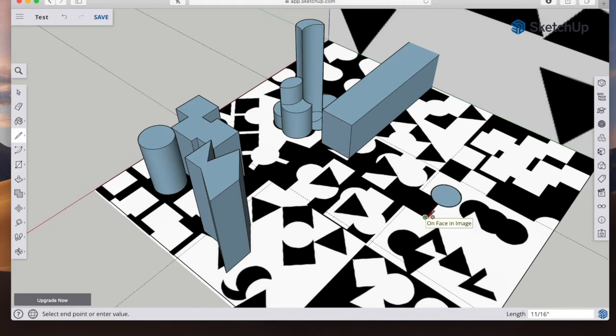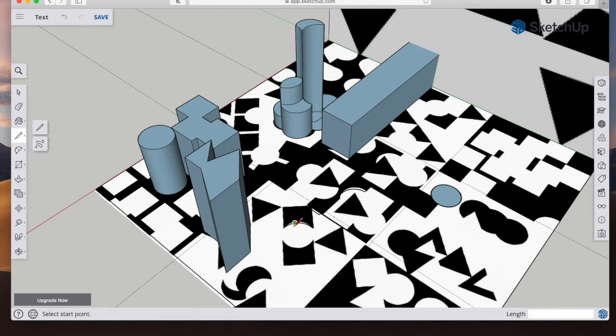We can start to connect a few larger shapes maybe. I can also change gears here. I may be drawing here and I can change gears and go to an arc, and SketchUp will pick up where I left off, and I can make an arc off of that shape as long as it's still on the face. Come back, grab the pencil again, and I can continue on making this shape. It's a really interesting compound shape here. I can stop, grab an arc, continue that on the face of the image. So as long as we're on the face and we're not bowing up,